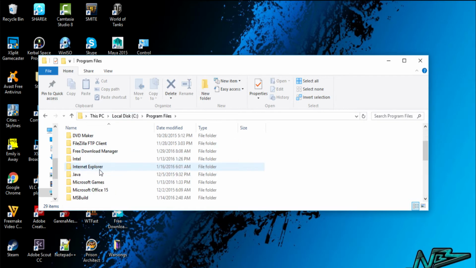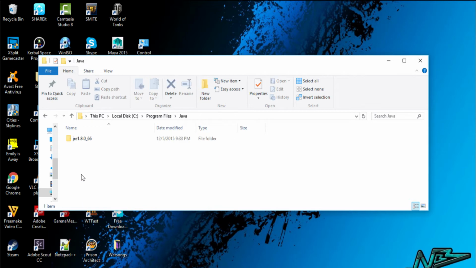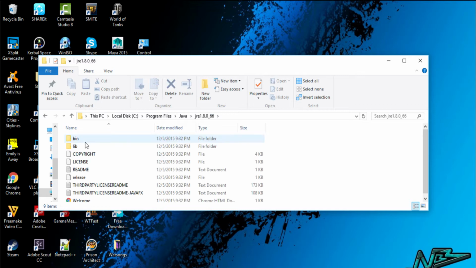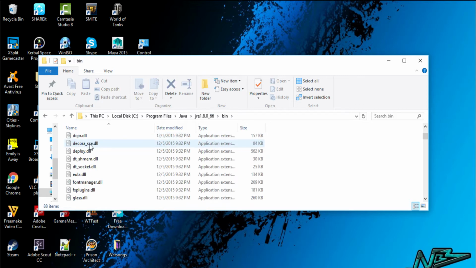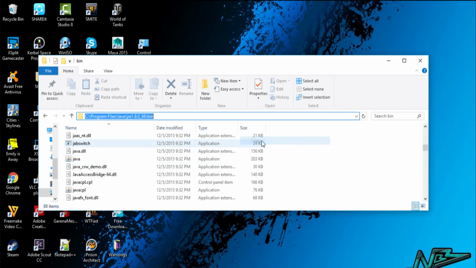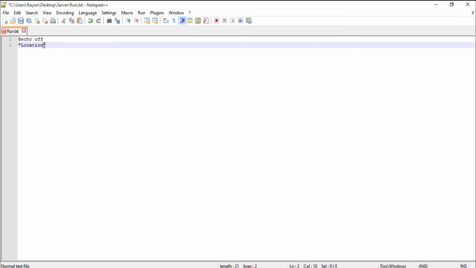So now I'm gonna search for Java. So I found Java. You have the version of Java. I have only one installed, so I'm gonna open that. You go to bin, and then within this bin folder, you'll see the Java file. So you're gonna copy this to the notepad. Within these inverted commas, you paste it, and then you put /java.exe. Alright, so now this is your Java location. So it's going to tell the bat file, you look here for the Java file.